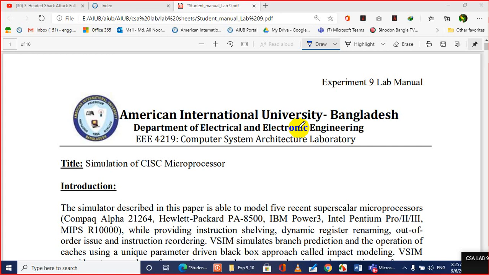There are several other parameters we are going to consider. One is the branch prediction accuracy. Okay, how accurately you can predict the next instruction.